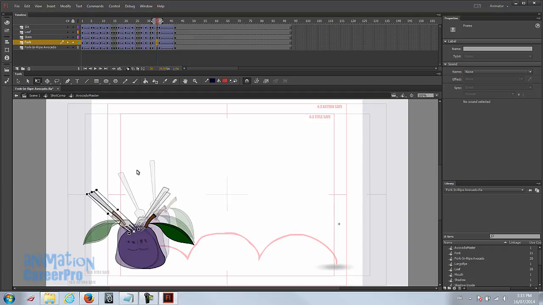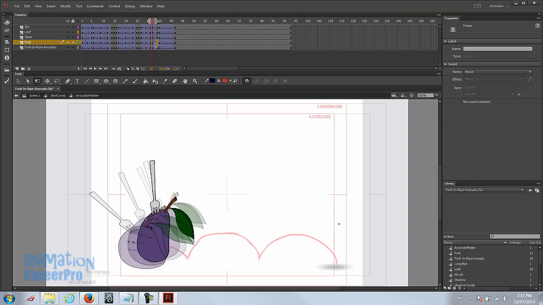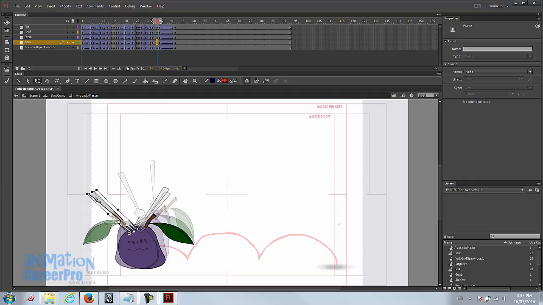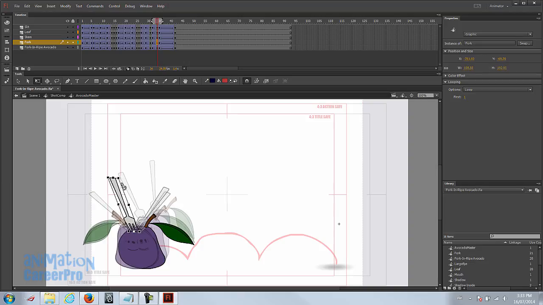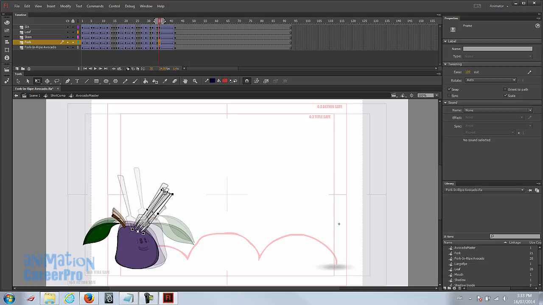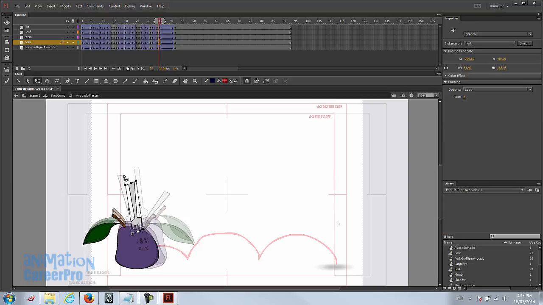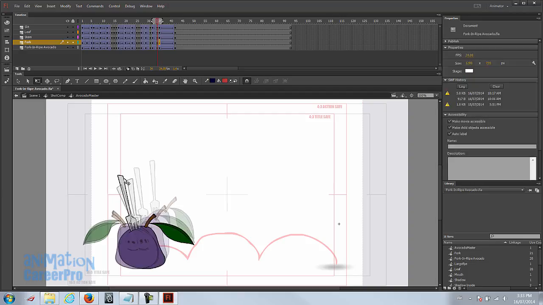Okay, so this is the impact where he spins. Okay, so this is going to be a little bit different. What we should do here is add an extra key. So he's coming down, the fork is sort of pointing straight up almost. We should bring this fork back a little bit so it's closer to the last pose. On the next one, we should bring it back as well, matching the last pose a little bit better. Could even overlap it, and